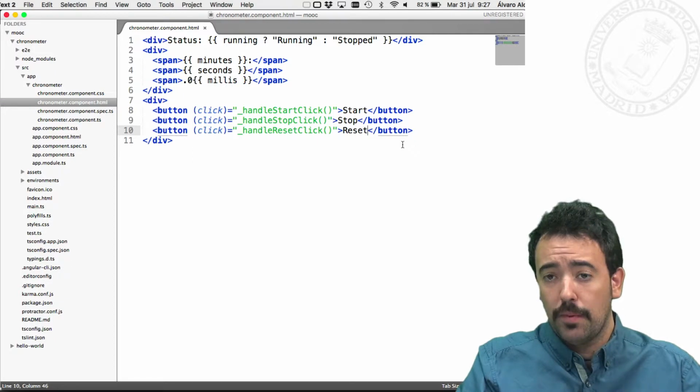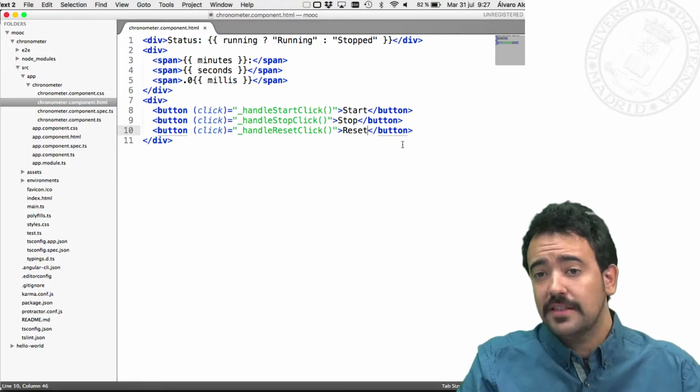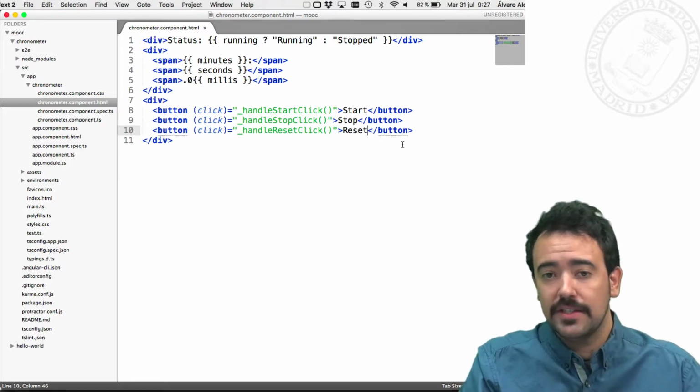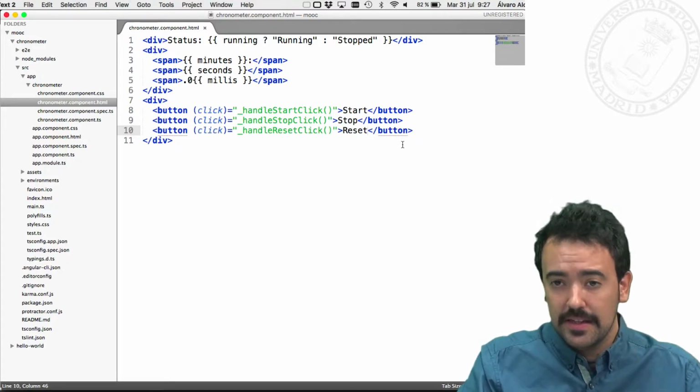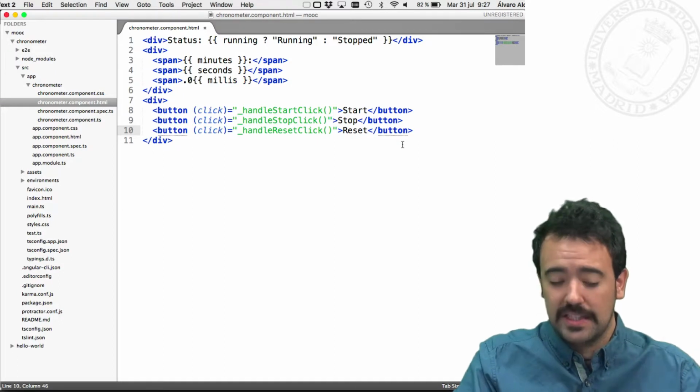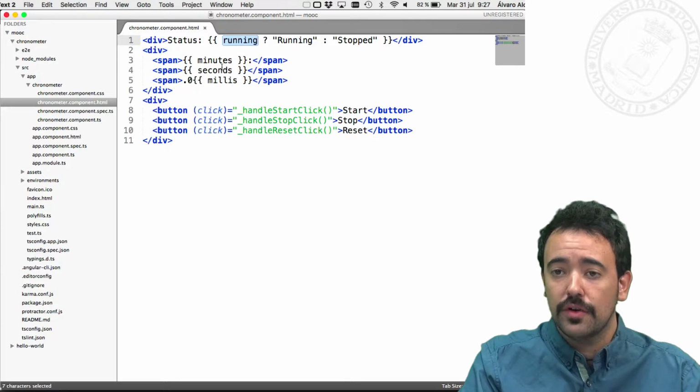Okay, so with this I have already the template that I will use for this component. I have just included these divs without classes or identifiers. In the next video, as I said before, I will include here the corresponding classes in order to style the chronometer. What I have to do now is to create, of course, these properties in the logic of the component that is included here in